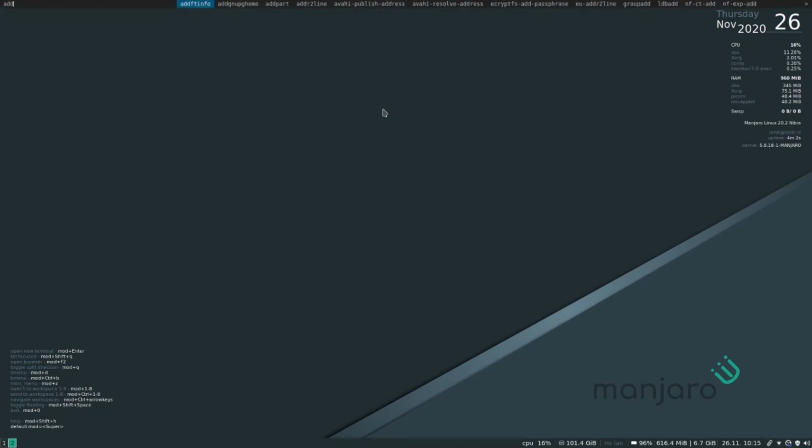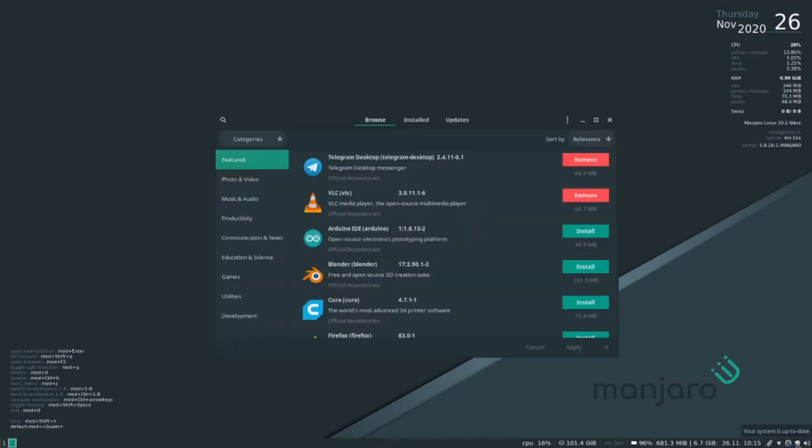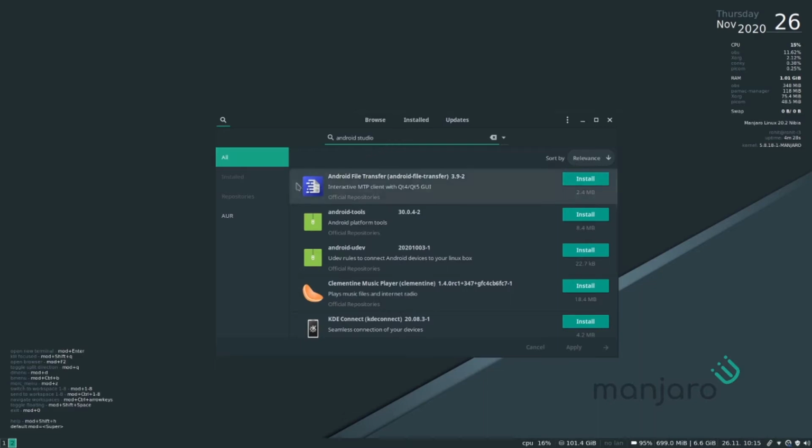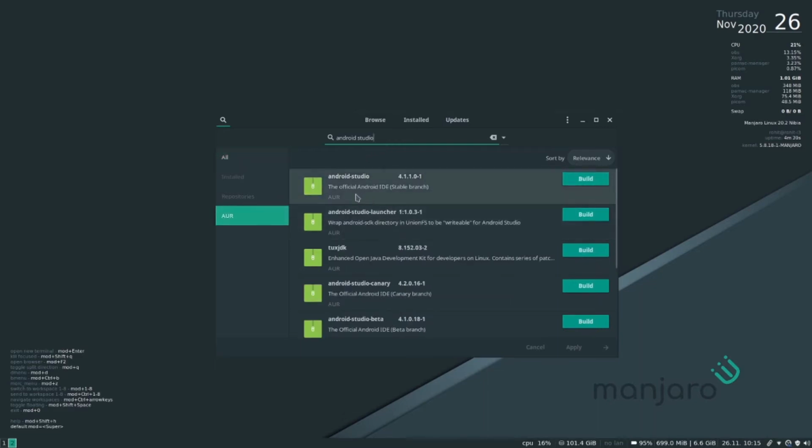So hello everyone, in this video I will show you how to install Android Studio in Manjaro. So now open your package manager and here you will search Android Studio. In the official repo you don't have any package, but we will use the AUR package manager, and here you find many